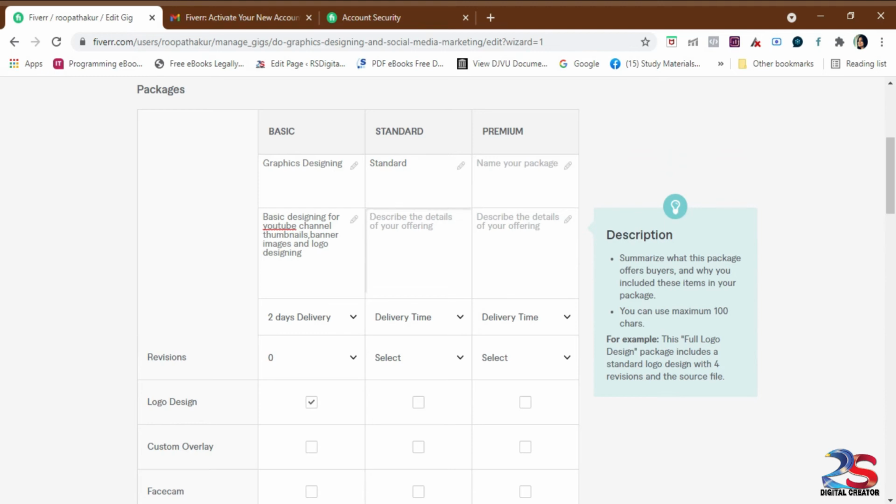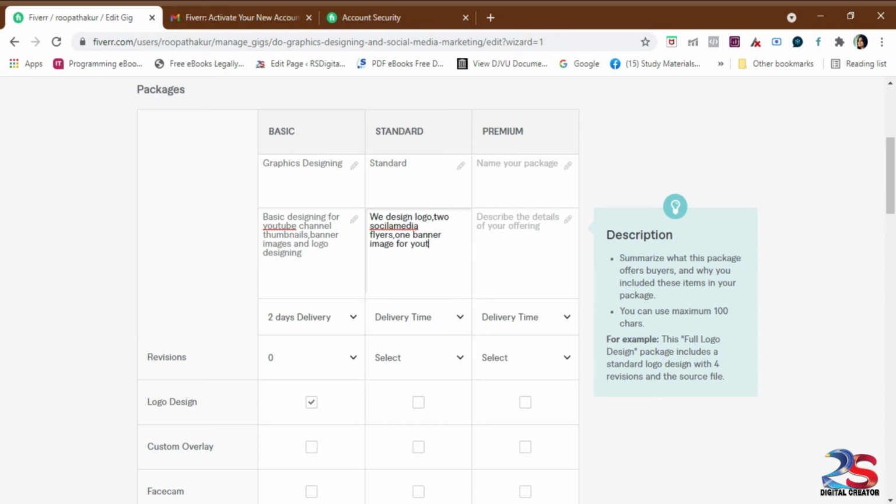And then the next package is the standard package. You have to give the same title and description. Here the standard package has a few more features than the basic, so you can add more features and more work, and you can add reviews also, one-time review or two-time review, like that you can enable.